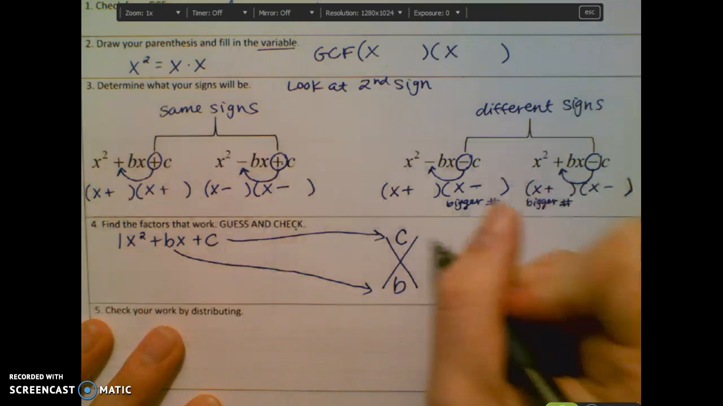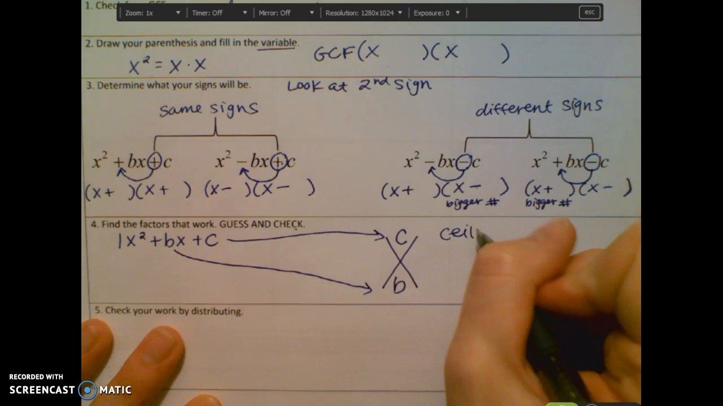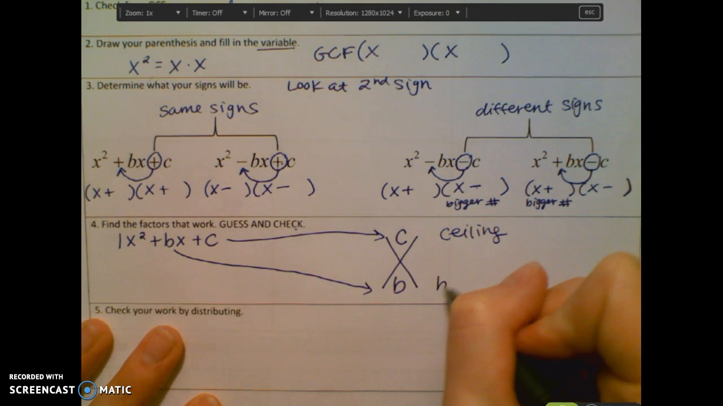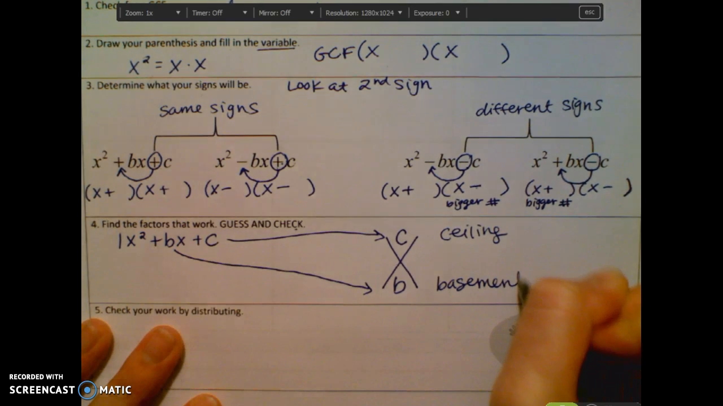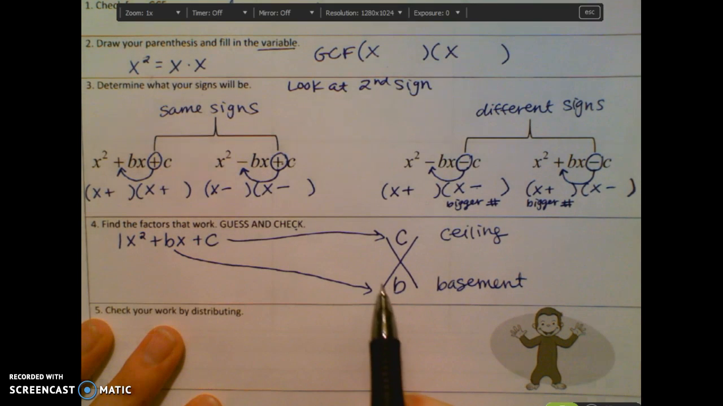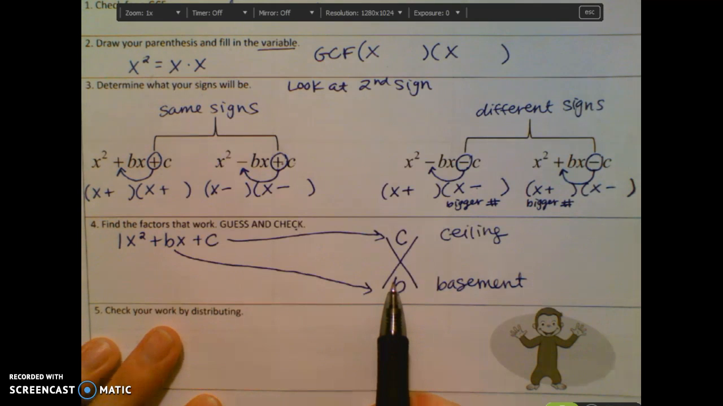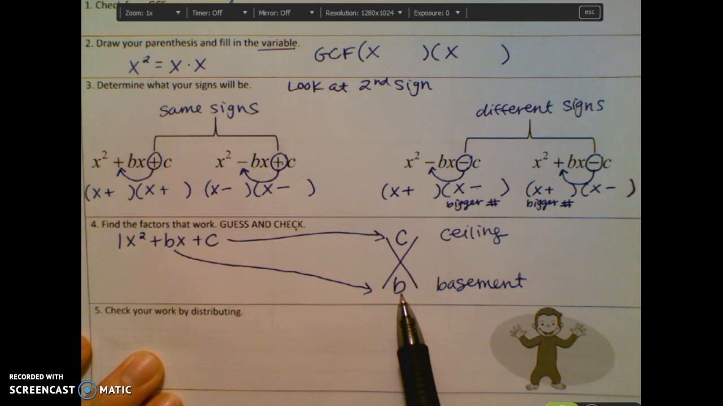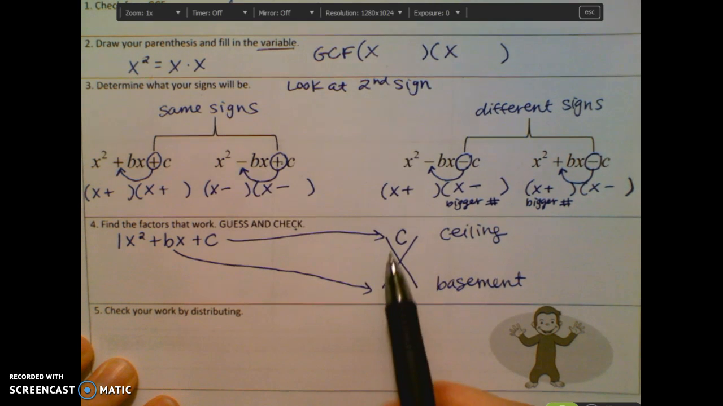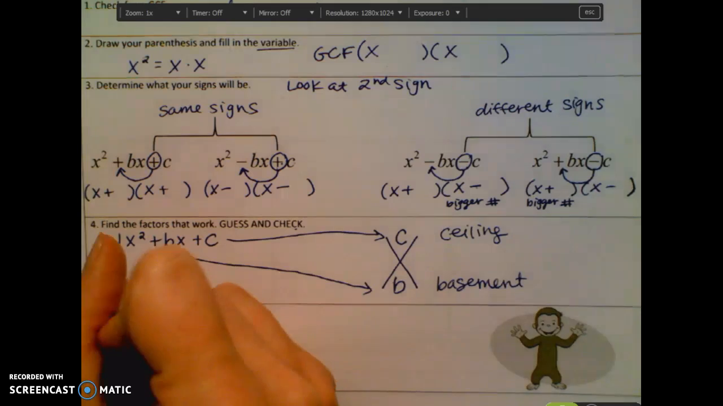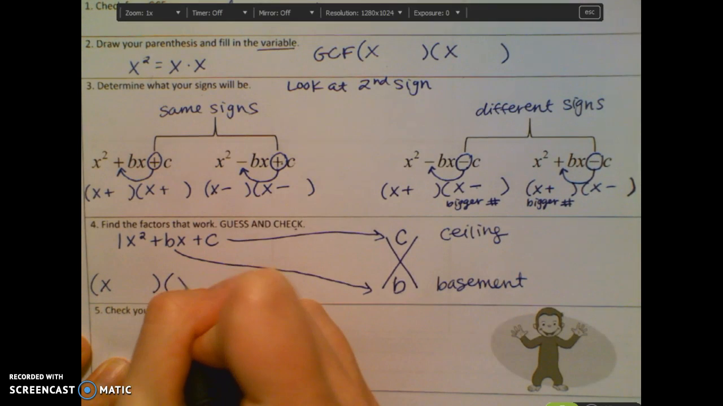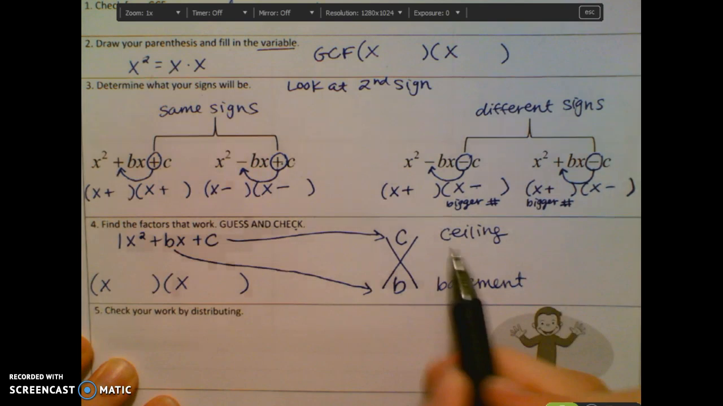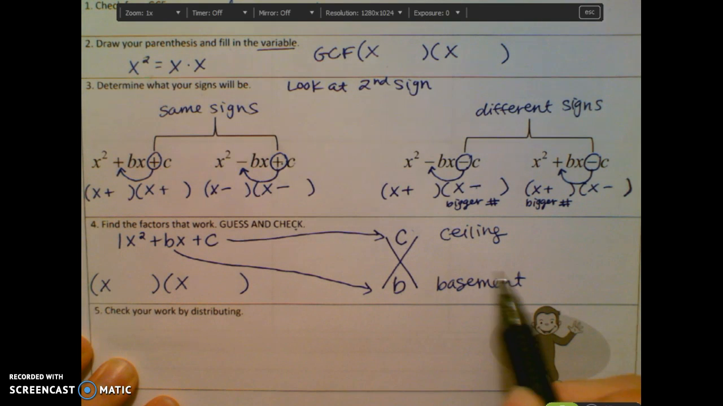One way to think about this is the ceiling is at the top of a room. So the ceiling is going to be at the top of our little x. And then the basement is at the bottom of a house. So the basement is going to be at the bottom. So we have to multiply to get c and add to get b. And whatever those two numbers are, we put into our factors. So we have to figure out what we multiply to get c and add to get b,